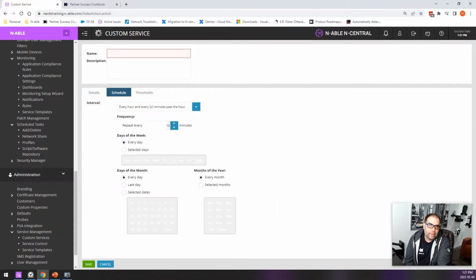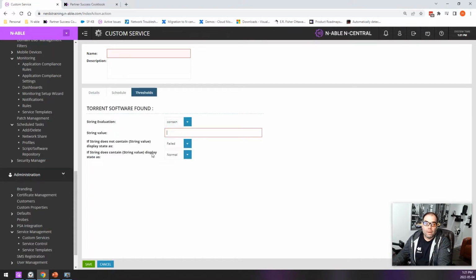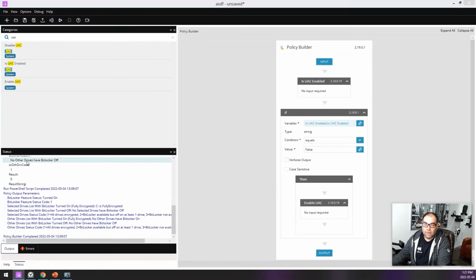Then run this periodically, and in this case, I know what it is. So just say, if you don't see "no torrent found", right? If it does not contain this, go failed. If it does contain it, then it's normal. Now, if it finds anything, it's going to say, oh, torrent software so-and-so is found. Easy, right? So if I look into the example, if I open it up quickly,